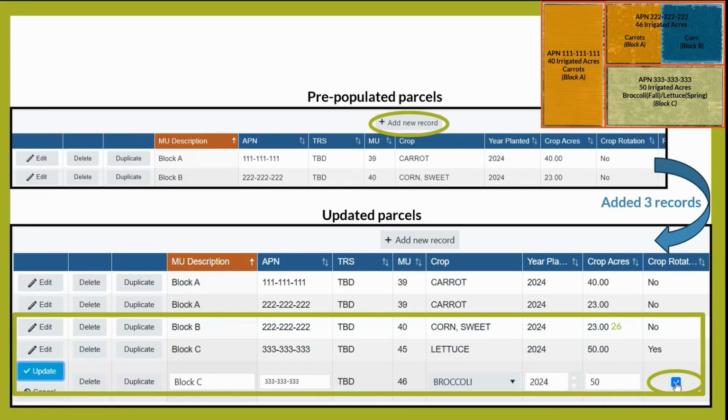So in this case where we have carrots, you can see I've added. So what I can do is I can duplicate and I can add another row, and I update the APN to say 222. And then I indicate that it's carrots, and then I put also my acreage in there. And then for the block B, that one stays essentially the same. And then block C, this one's the important one. That's that rotating crop that we have an extra field in here to make sure that it is marked of,